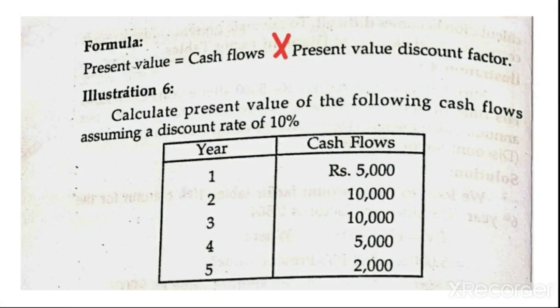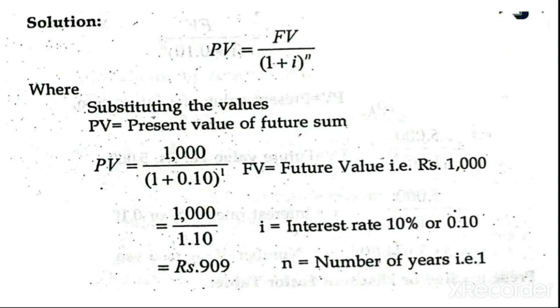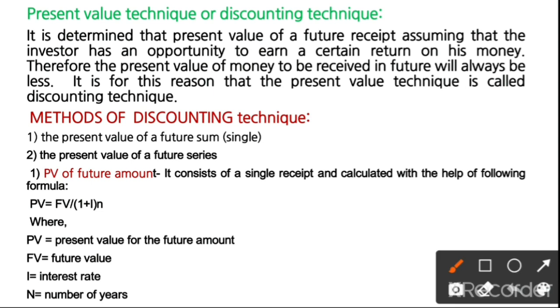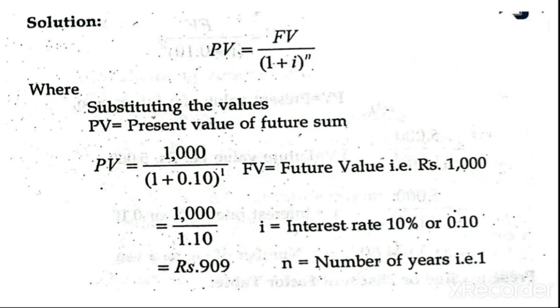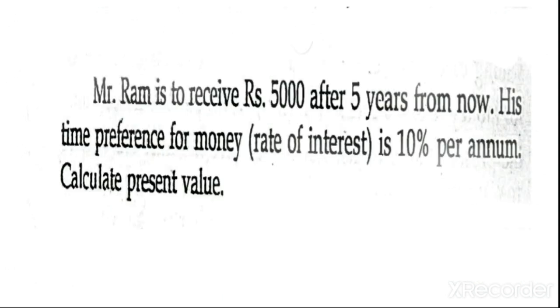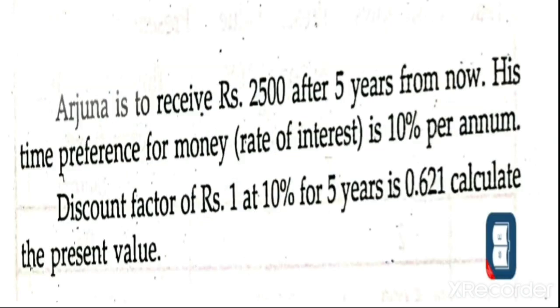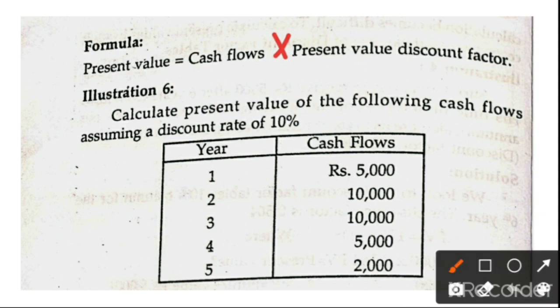In today's class we are going to discuss the second type of present value calculation. In the previous class we studied single sum method present value problems. Basically there are two types of method: one is the single sum method, and another one is the future series method. We already studied the single method, where we calculate the present value for one particular year. But if they give series information, a number of years, how do we calculate the present value? Before calculating present value in the series method, the main important formula is what?